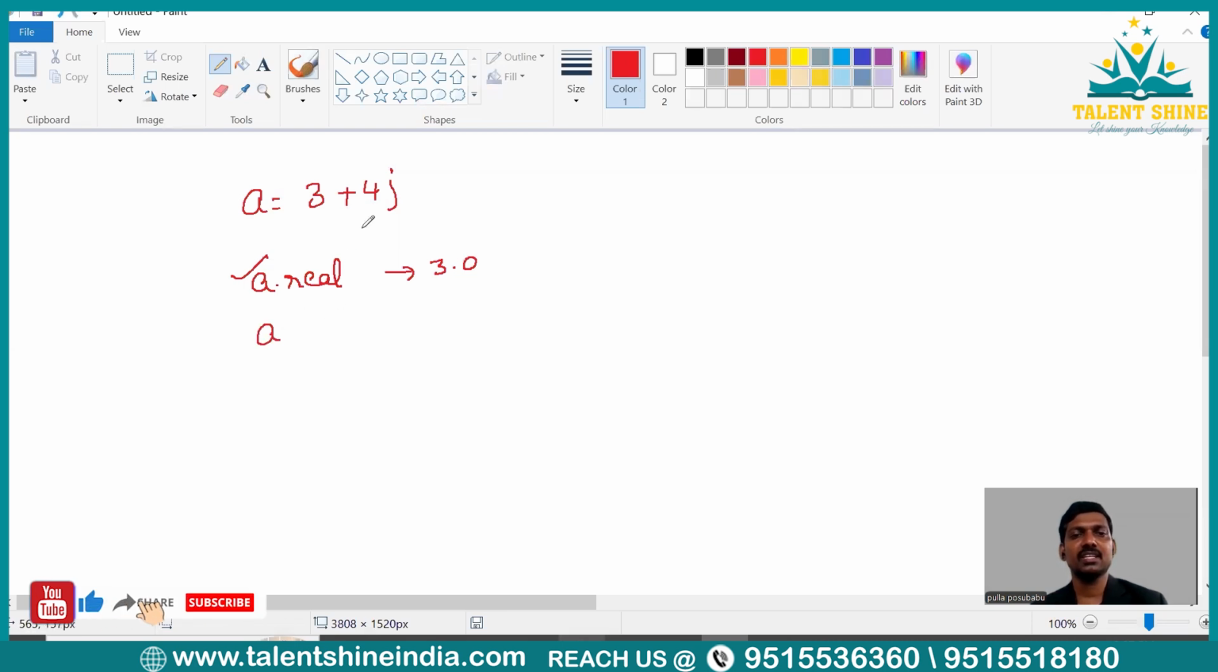If you want to extract the imaginary part here, write A dot. Why are we writing A dot? Because this complex number has been saved in variable A. So you have to start with A dot. For the real part, you have to write dot real. For the imaginary part, if you write imaginary, you will be getting an error. So you have to write imag only. When you write the code as A dot imag, you will be getting the output as 4.0,